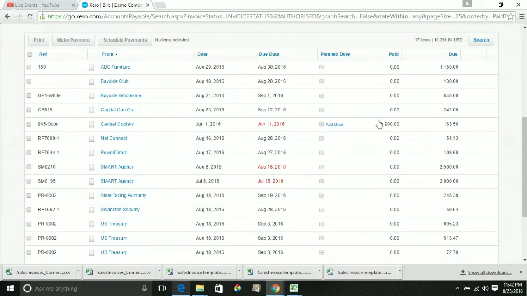So it's good to track down and monitor your expenses. So if I wanted to make payment to Smart Agency for our last month, for August and July due date, just select the payments below and then